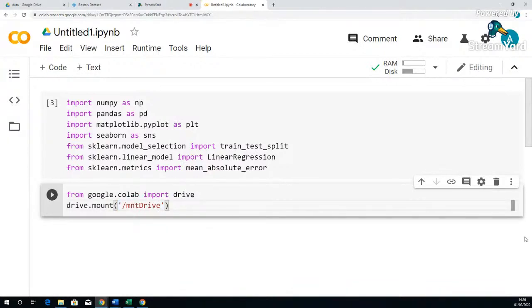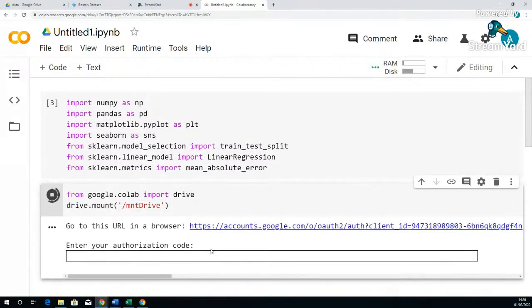Then with this, you will now click on Control Enter, or you just click on display. That is run the command. If you run the command, what this command is doing is connecting this workspace, this computer, Google Colab, to your Google Drive. It is trying to access your Google Drive to communicate to the directory that we're going to talk on. So what it is trying to do is to mount your Google Drive,